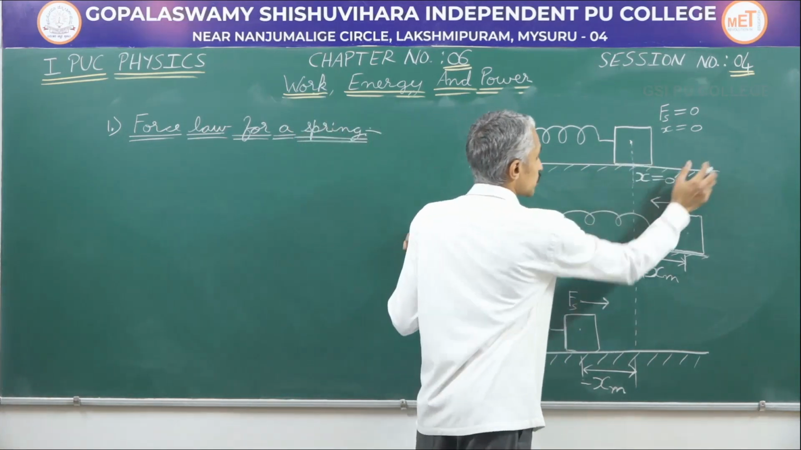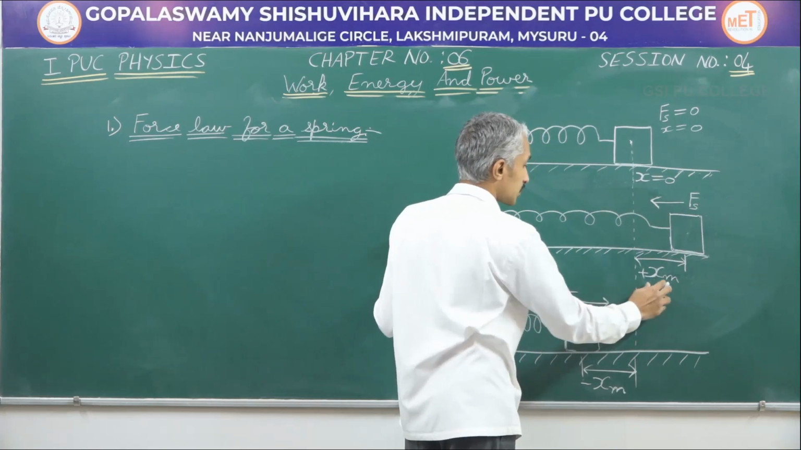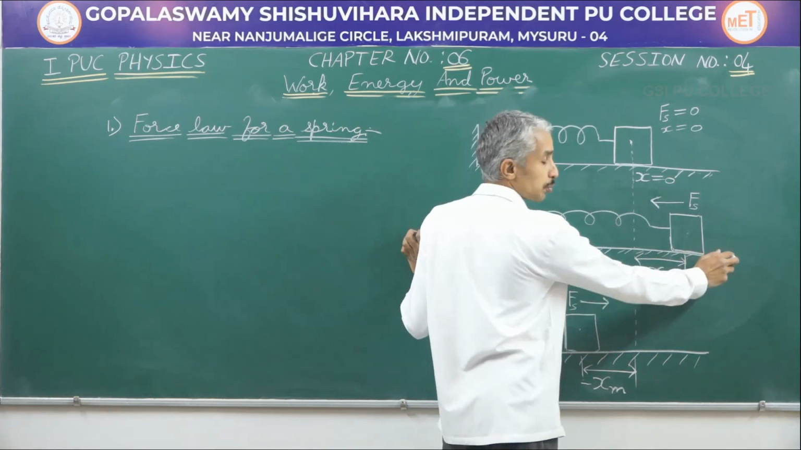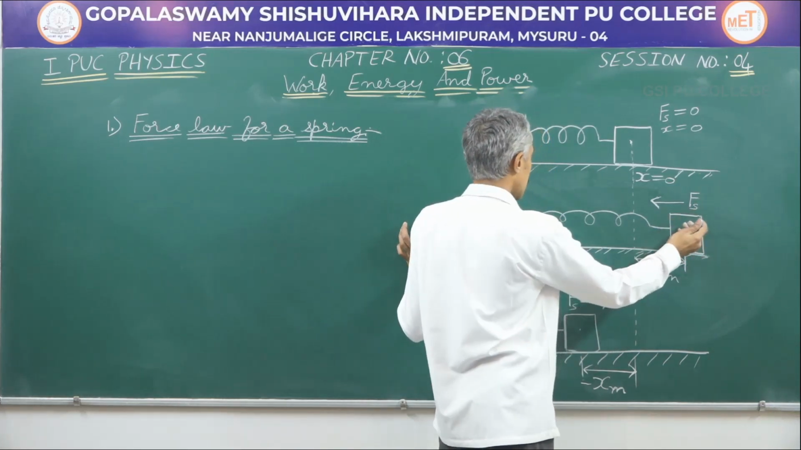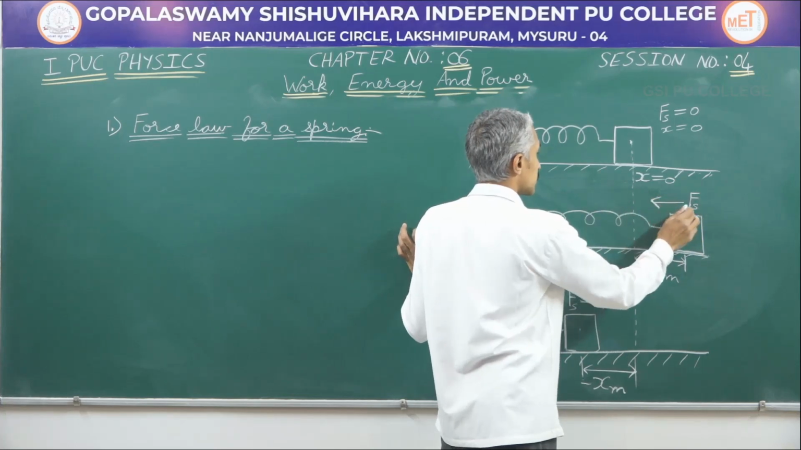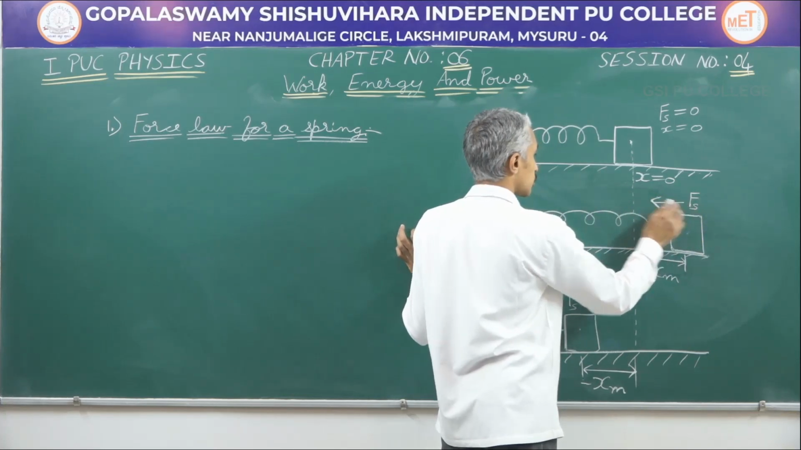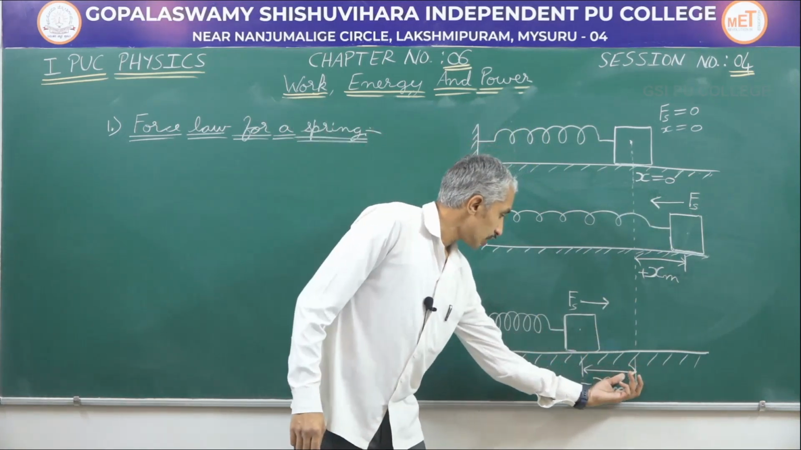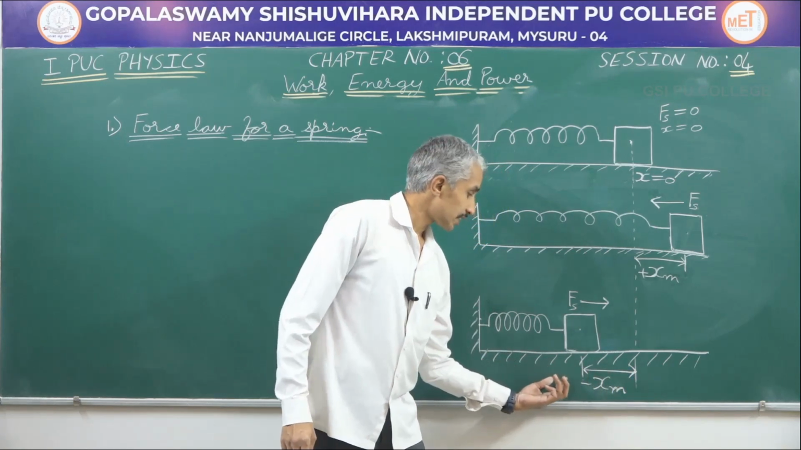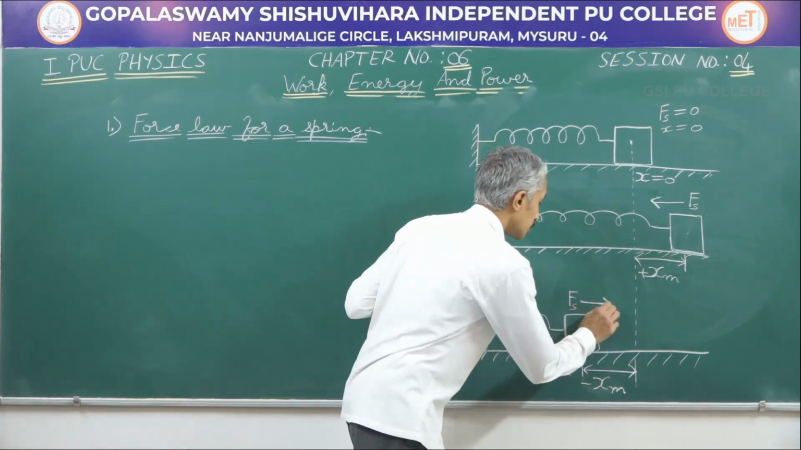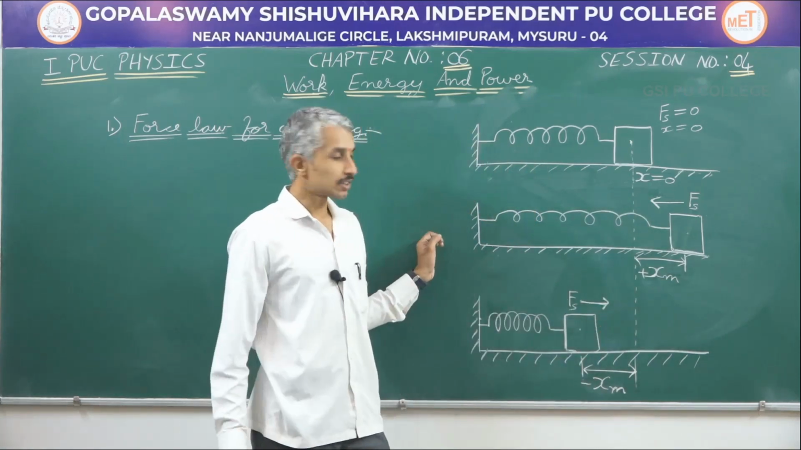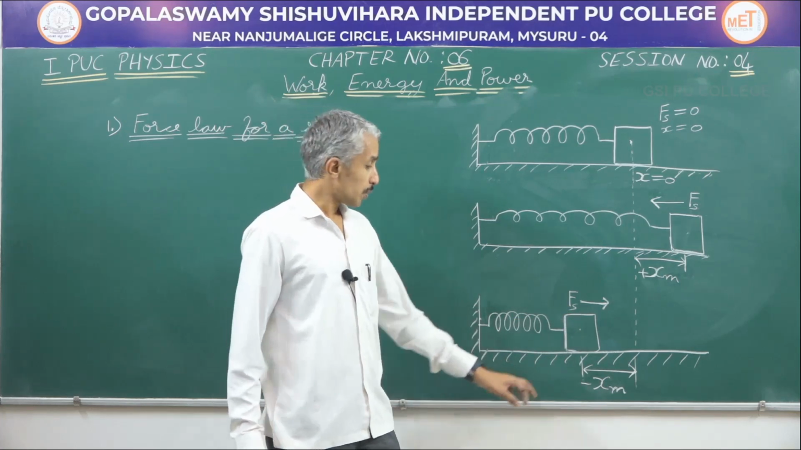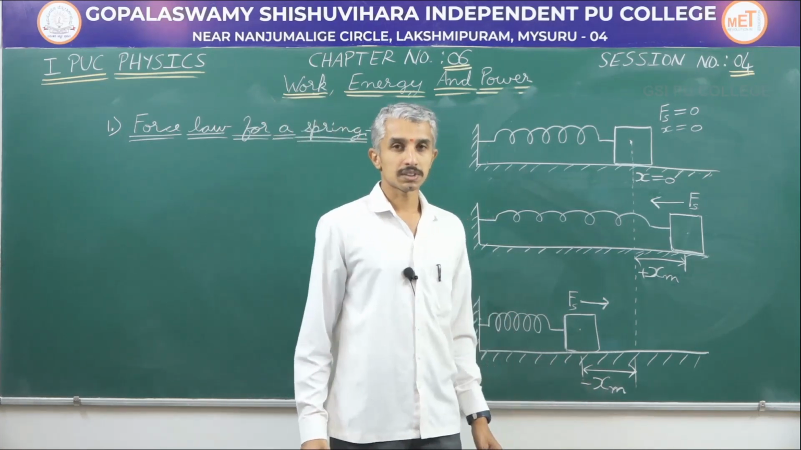If I extend the object by a distance xm, which means the maximum displacement, and the displacement is onto the positive side, then the spring will pull it onto the negative side. Here Fs represents the spring force which is opposite to displacement. And if the displacement of the object is towards the negative x direction, the spring force will be pulling it in the positive direction. In both the cases, the spring force is opposite to the direction of displacement,